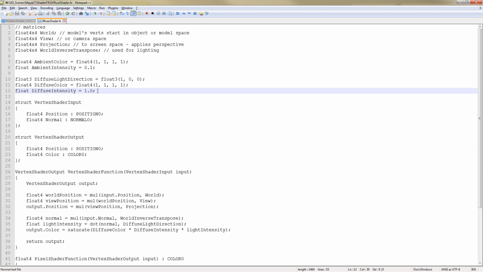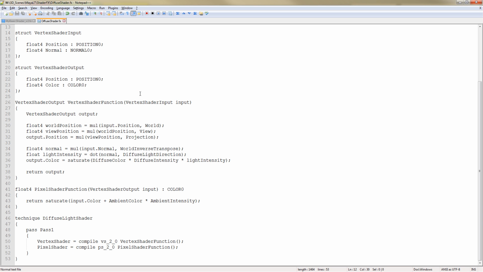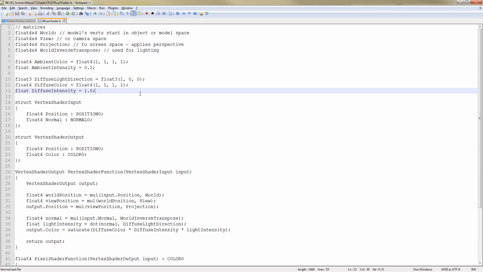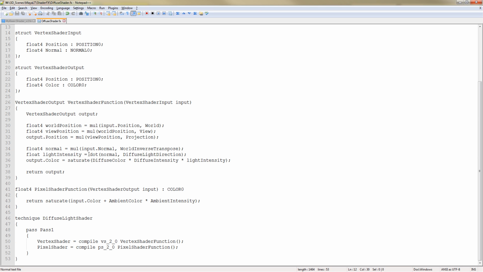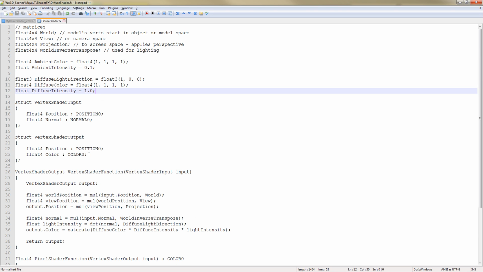But again, remember, this is a really simple shader, very simple lighting, no texturing, no normal mapping, no specular, none of the cool stuff that most next-gen shaders are going to have. Really simple stuff, but it's a good starting point if you're just now learning about shaders. All right, so before we go line by line and look at some of this code and talk about what it does, let's briefly talk about how you take a 3D object that you've built in Maya LT